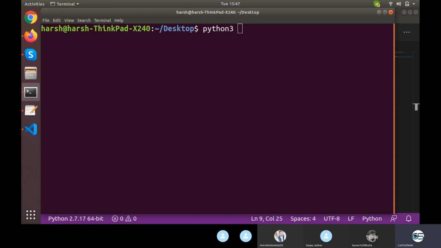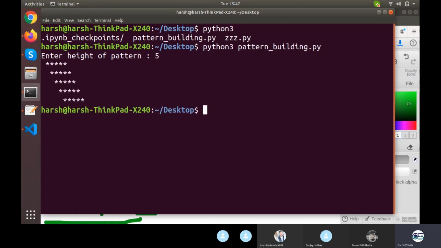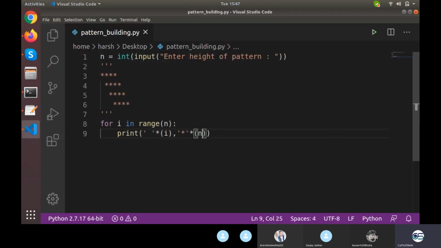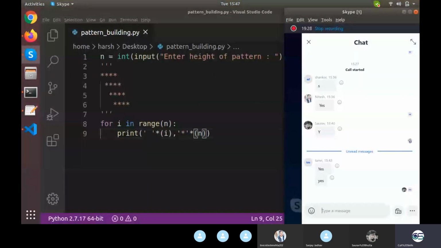What I am writing. Okay, so this is what we were looking for. 5 stars with a space of 0, 1, 2, 3, 4, and 5. That is it, right? So this is simple enough to build. I hope you would be able to do that in the next 5 minutes or so. Just let me know when it will be done. This is the simple code for that.